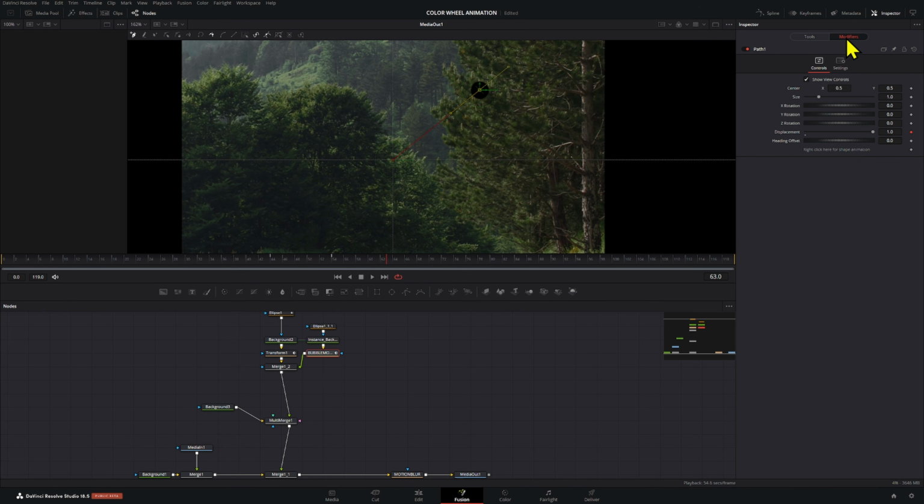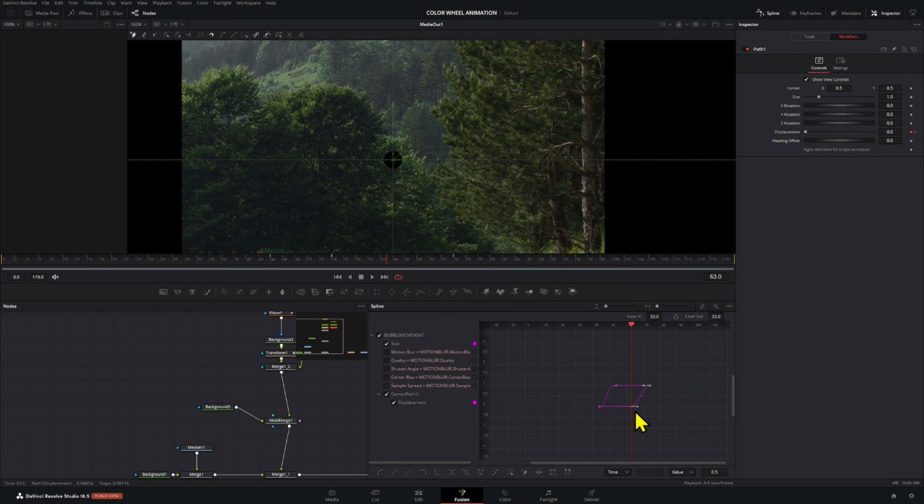Now we're going to go to the modifier and we're going to get rid of this keyframe right here. Double click on the displacement and then we're going to click one time. Then let's say it starts at 63. We're going to end at 74. Bring these to 1. Now we have that movement happening right there. This is actually optional, it's really up to you how long you want it to be. You're going to be able to modify these later on like that.